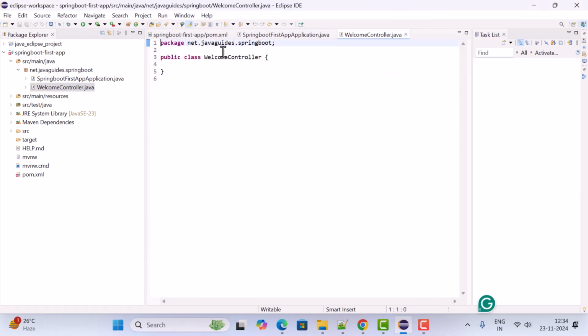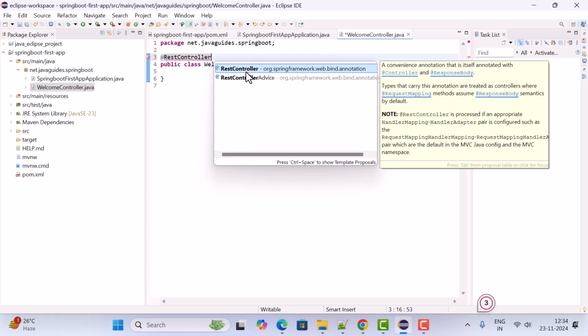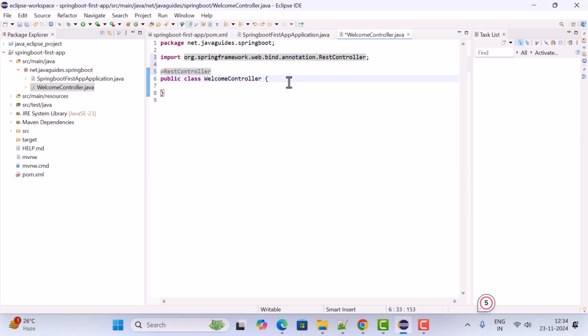Next, let us make this class a Spring REST controller by annotating it with the @RestController annotation. And make sure to import this RestController annotation from the org.springframework.web.bind.annotation package. Next, within this class, let us create a REST API. So here just type public and then give the return type as String. Let us give the method name as welcome, and within this method let us have a return statement,